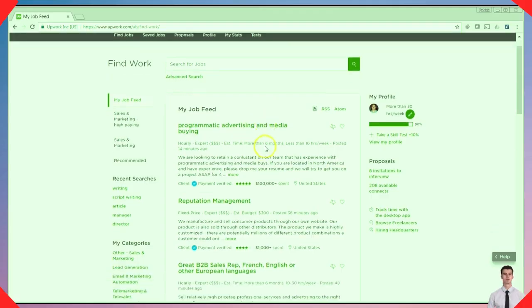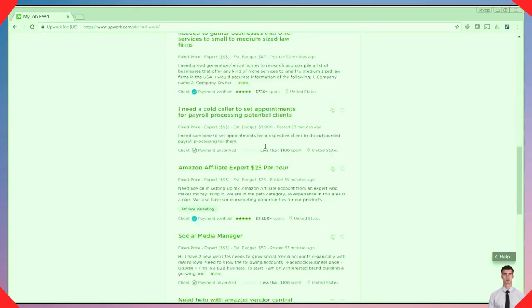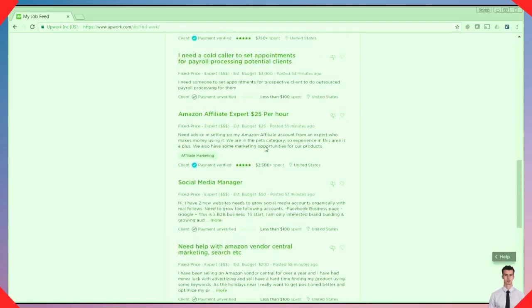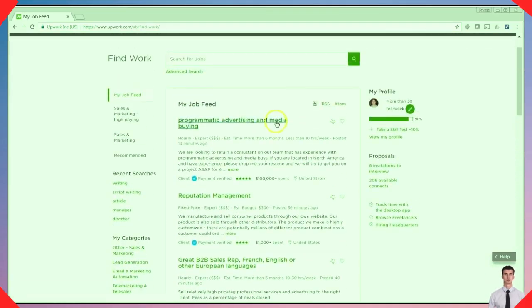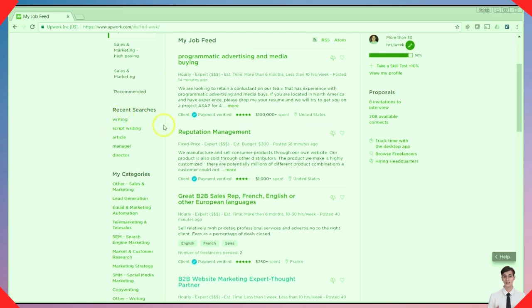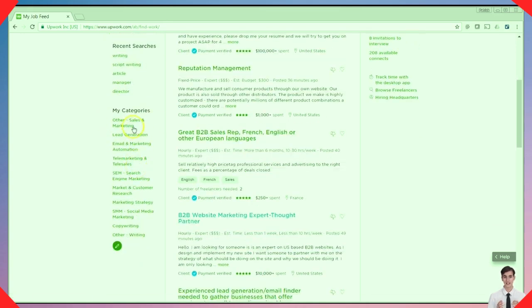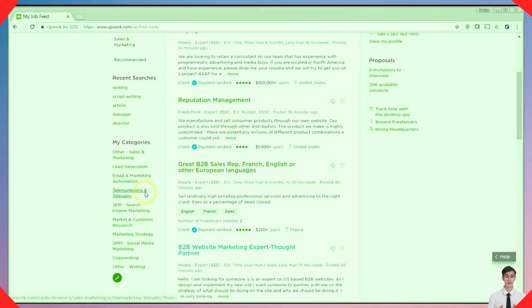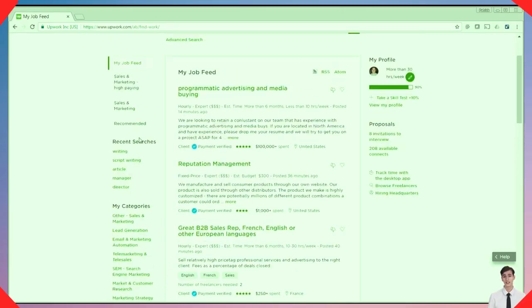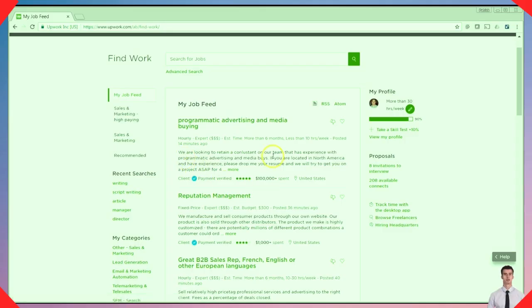The feed here is almost like a Facebook feed, but basically as job postings come in, they're going to appear here, and the most recent job postings are at the top, so that's pretty self-explanatory. You can have some saved searches. I'll show you how to do that in a moment. Some recent searches you can see on the left, and then my categories down in the bottom left-hand section. This is actually really important, what your categories are, because it's going to determine the default feed